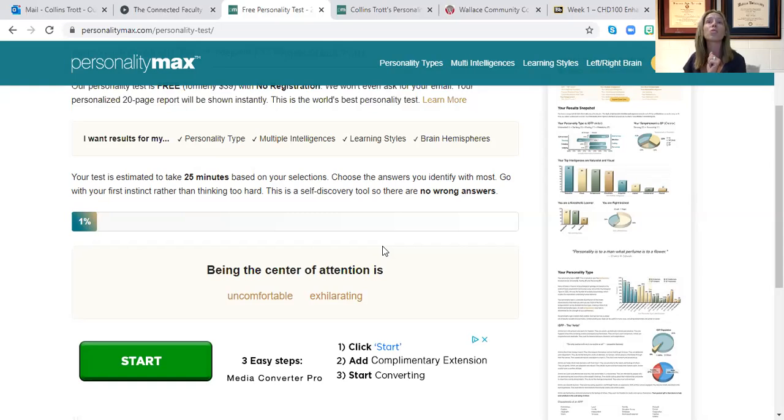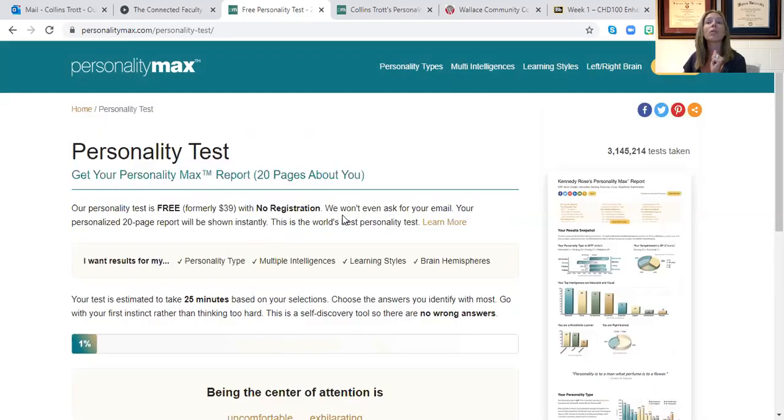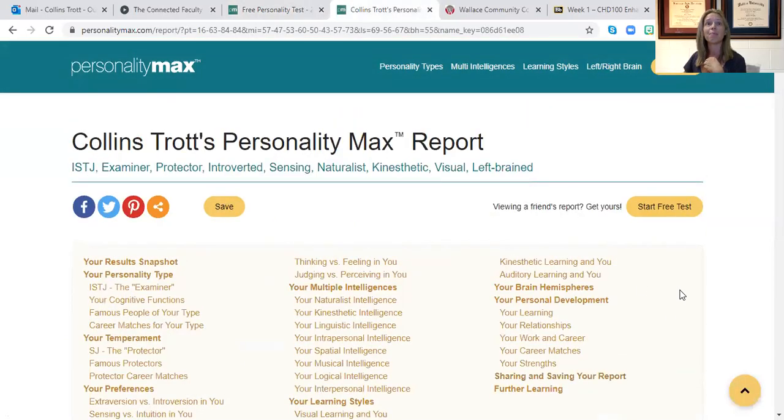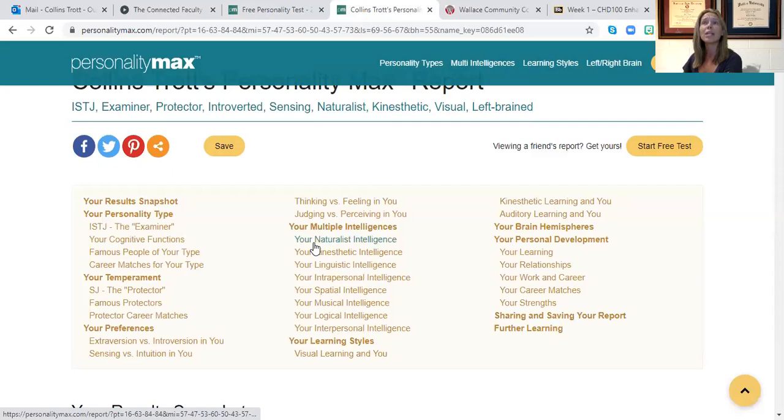When I get finished with the questions, I'm going to have a report that looks like this. So this is my personality report, and I will have it linked up for you. So if you feel like you need to learn more about Miss Trott, you're more than welcome to. But it's going to give us 20 pages of information about you. You need that information. I don't, but I will ask a few questions from this in your overview and syllabus quiz, just so that I can get to know you better and make sure that I'm providing the best learning experience for you.